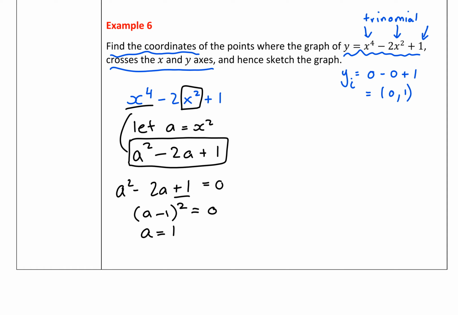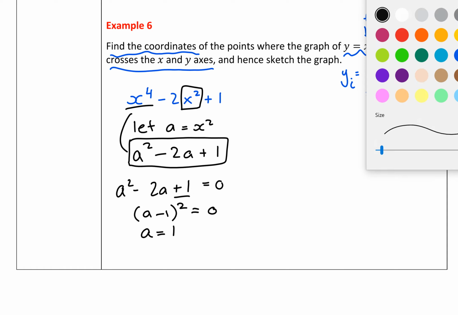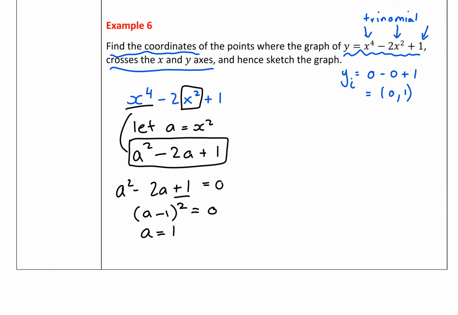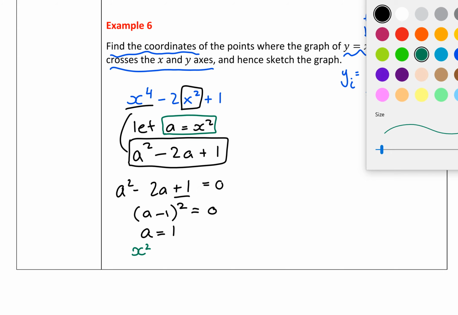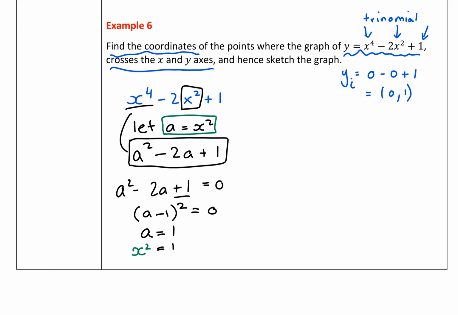Now, what is a? Remember that we said let's let a equal x squared. So if I replace that with x squared is equal to 1, I can see that x, or my intercepts, are plus or minus 1. Now, I might also recognize that this is a repeated factor, or rather both plus and minus 1 are repeated